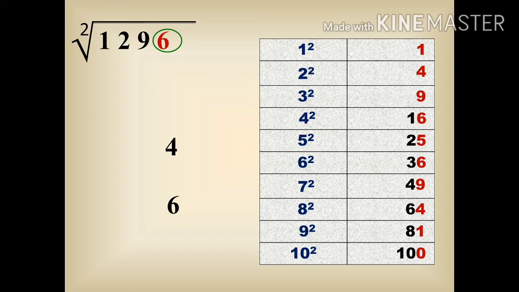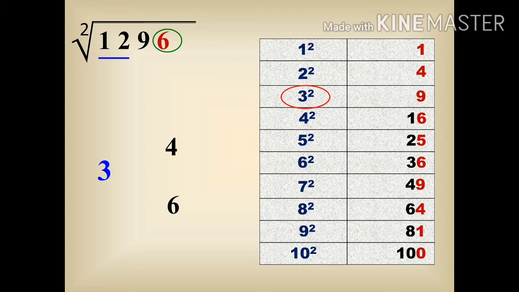Next, we have to skip the numbers up to tens place. So the remaining number we have is 12. The third step, we are supposed to find where the number 12 falls in the tabular column. It falls between the range 9 and 16. So the lowest range is 9. The corresponding square root is 3.